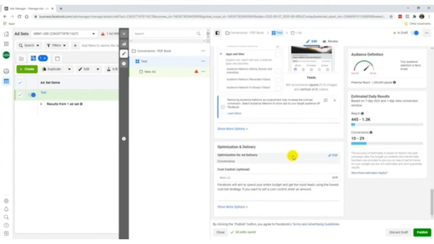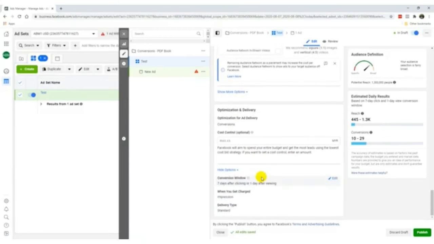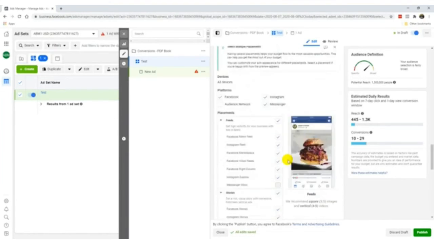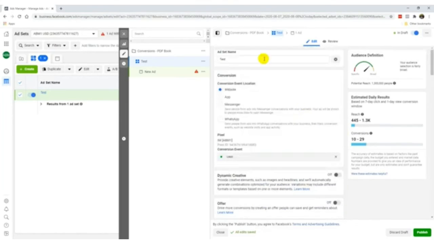All right, so after this we'll go to the next one, and yep, this is really all there is to it. Okay, so there's one last thing I'm going to add here that we have not done yet, which is the ad set name. Now we're going to give a formula to this so that every time we take a look at the ad set name, we know what the targeting is. So this is the formula that I would recommend you follow. I'm just going to call it